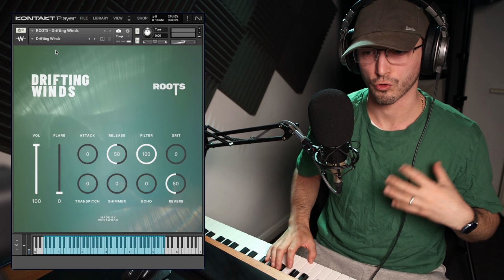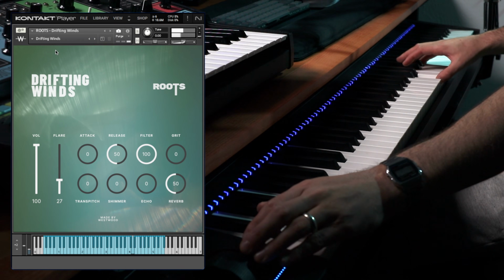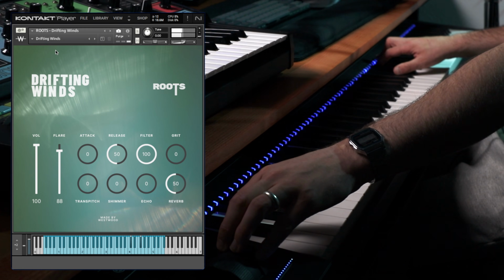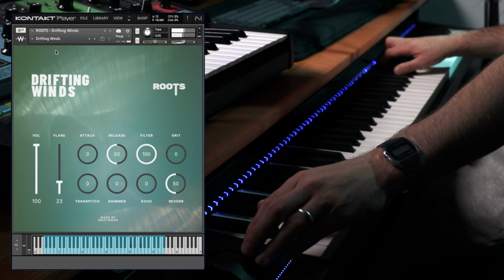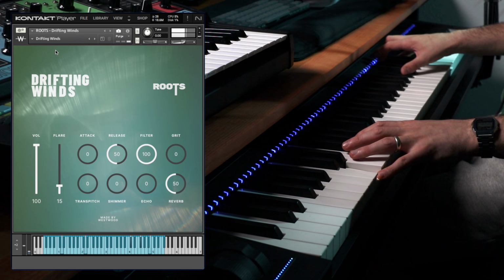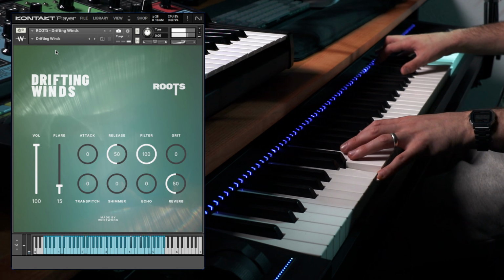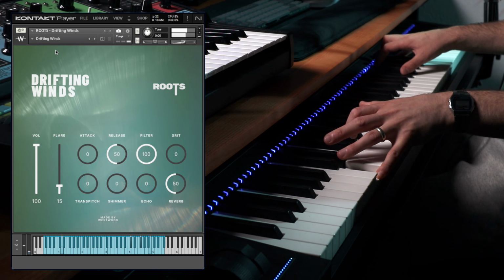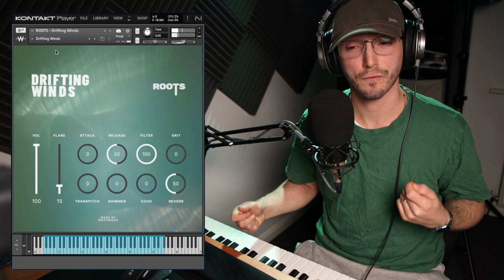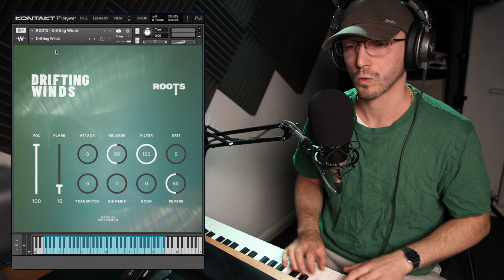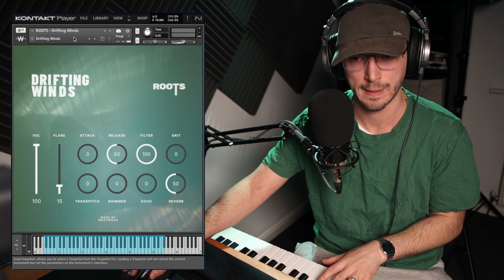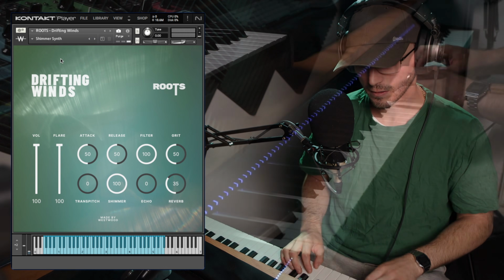Now, Drifting Winds, this is more of a raw sound. Again, I feel this would be good for underscoring, but it's easy to lose control of it with those fifths kind of going a bit all over the place and sometimes out of the key you're playing in. Now that's Drifting Winds, Shimmer Synth,